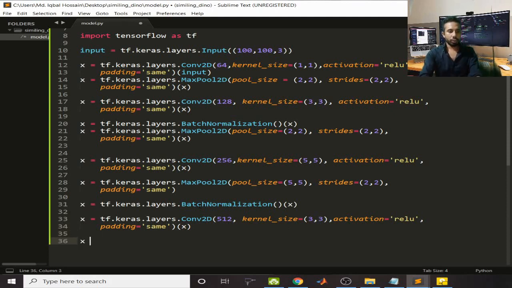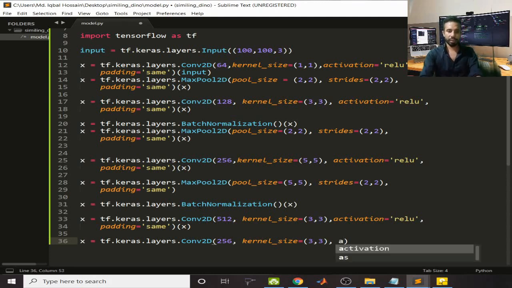Now again I am going to use another layer of convolution, tf.keras.layers.Conv2D, and here I am going to use 256, and kernel size equal to 3 by 3, or you can use 1 by 1 here. I'm using 3 by 3. If you use 1 by 1 then it will be a bottleneck. Padding equal to same,